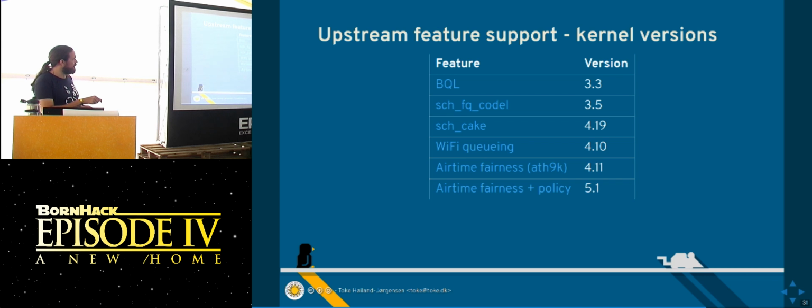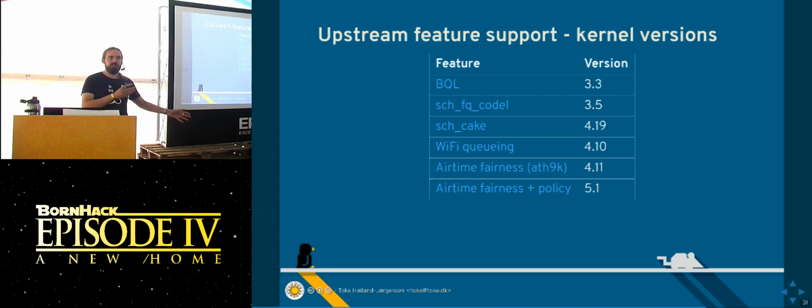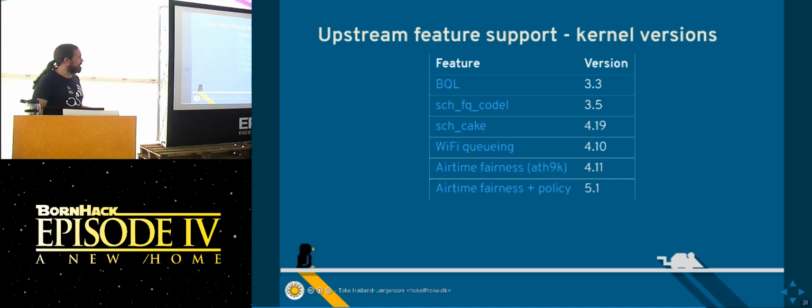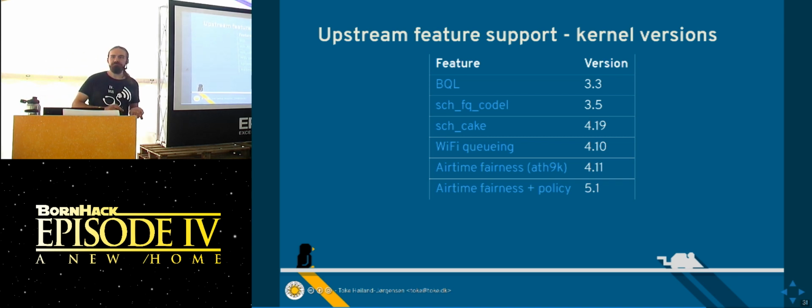Then we spent a lot of time doing the policy, and we also ported all the airtime scheduling from the driver to the common mac80211 framework. So by 5.1, that is also upstream in the kernel. I still have to post patches for OpenWRT to be able to configure it, but that's a minor detail. So all is good, right? We fixed Wi-Fi, yay, except